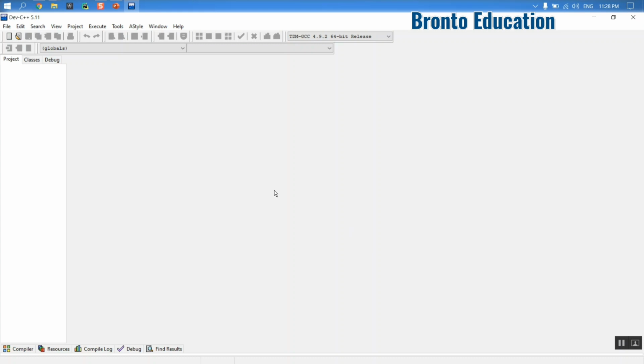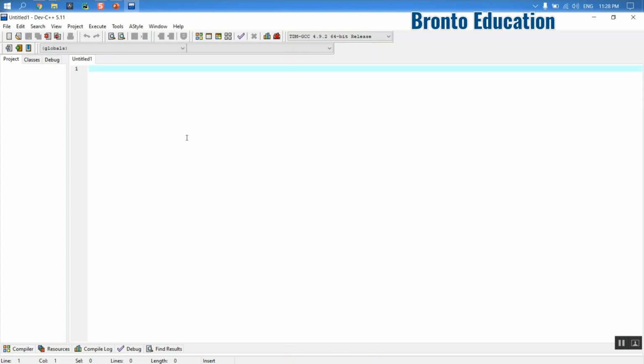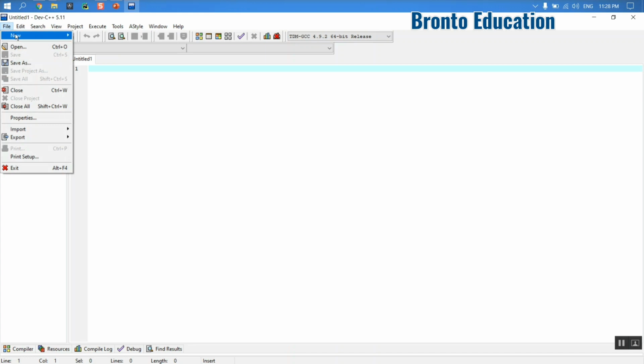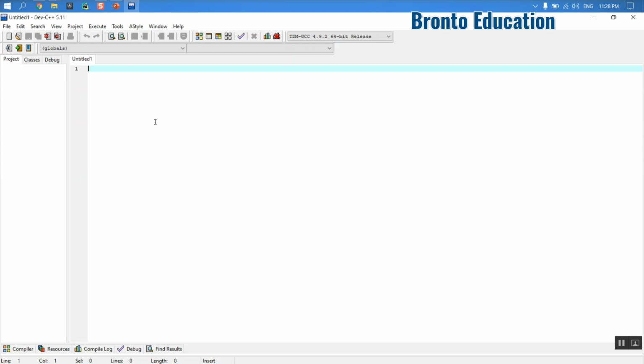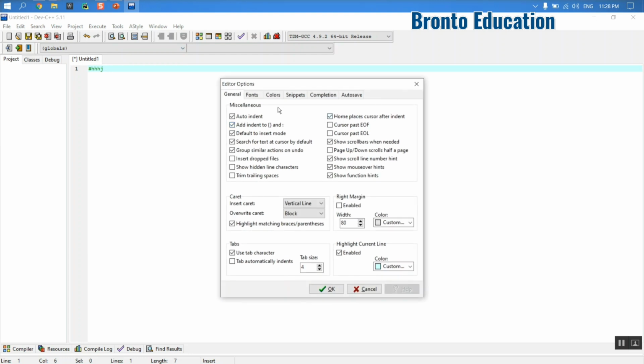So I'm going to make a new file. Control N will make a new file, or we can go to file, then new, and source file. This will also make a new file. Here if I just write something, I think it's too small, so I am going to change it from tools, editor options, fonts.